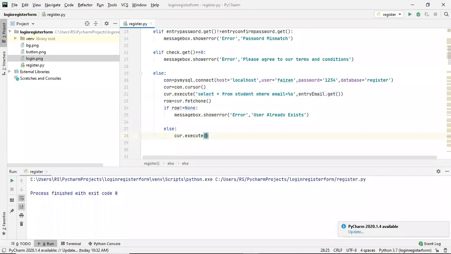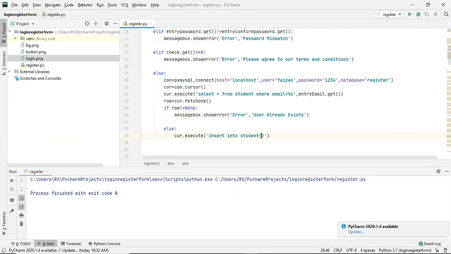Here we have to insert, meaning the user has written a unique email ID, so the else part will execute, and in it we are going to insert into this student table, and we will insert values.